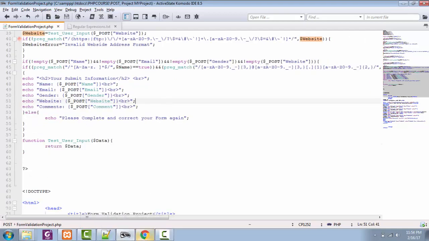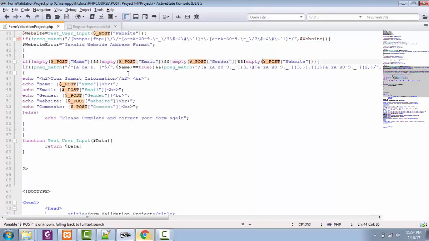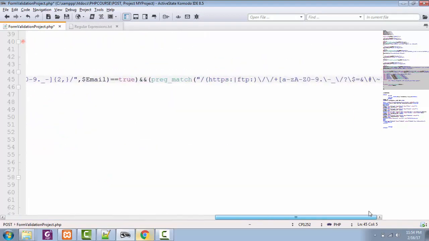Saving this one out, refreshing the page. Now we are having the error on line 45. Why? Because I think that we just misplaced one of the parentheses. This if condition is starting from here and it's ending here. It shouldn't be ending here. So we need to cut off this parenthesis from here because it's useless. This one belongs to this one. If condition belongs to the last,